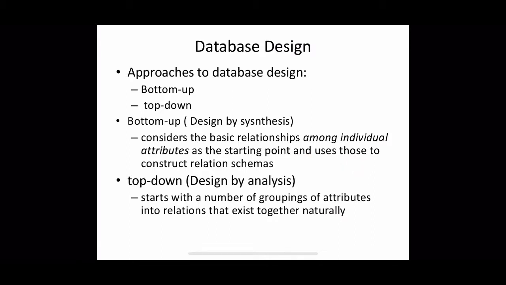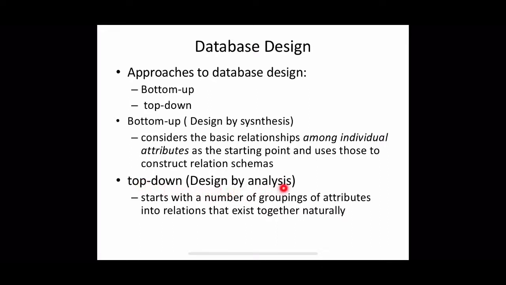Actually, this bottom-up approach is not very popular in practice because, as we know, we are starting from a set of attributes and the relationships among them, right? So there can be a very large number of relationships. Maybe between every pair of attributes there can be a relationship. So collecting all these relationships together and then analyzing them to form a grouping of attributes is almost impractical. So we use the second design strategy, the top-down strategy, which is also called